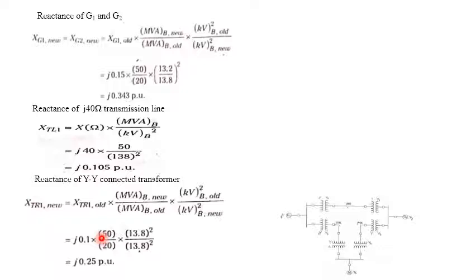So what is the new MVA at 50? The old value they have mentioned is 20. Here, two things: either you can consider the ST side or the LT side. This is left to you. There is no hard-and-fast rule that you have to go for the ST side or the LT side. In the numerical, take the ST side as the reference. That's why I'm considering the LT side.